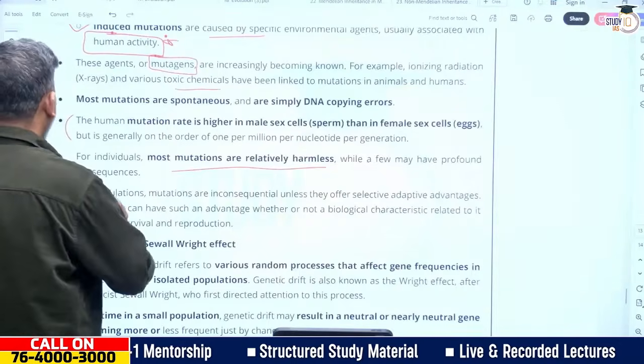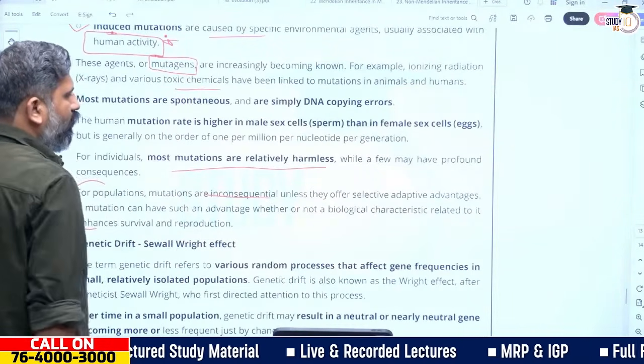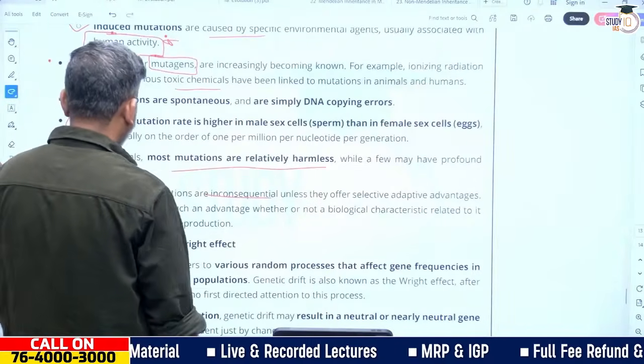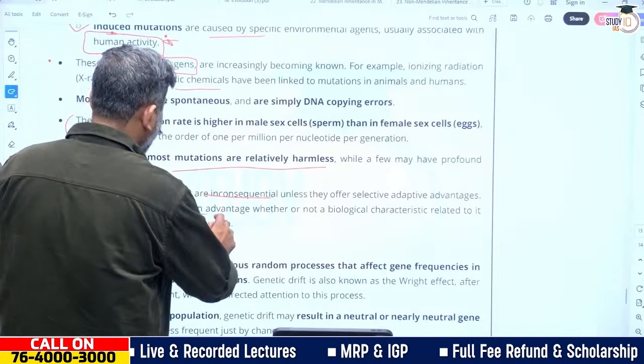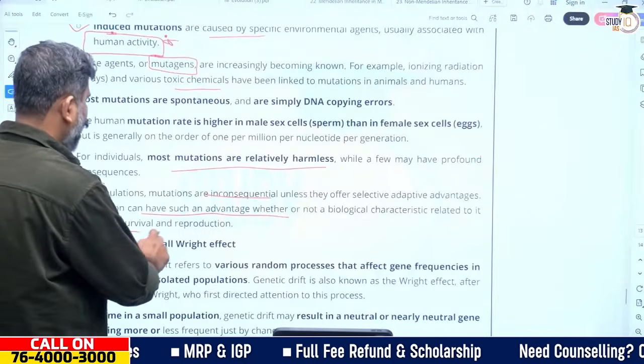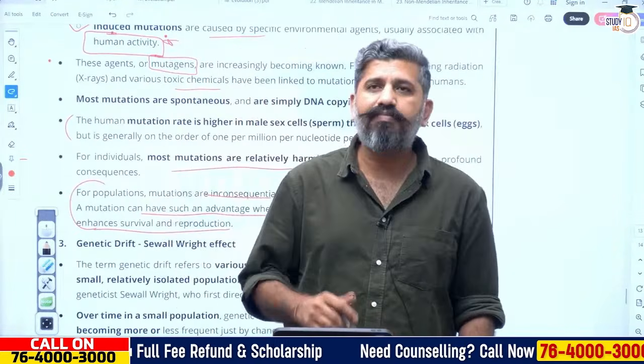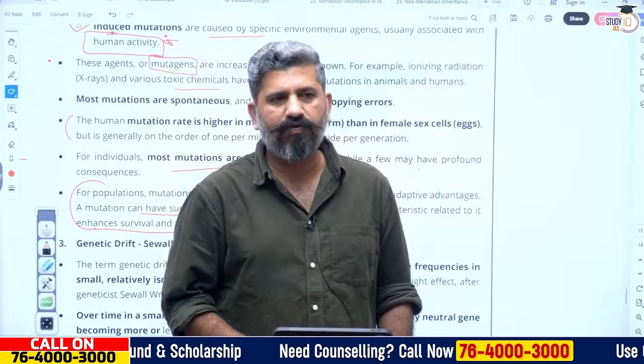Right? For populations, mutations are inconsequential unless they offer what? Selective adaptation advantages. A mutation can have such an advantage whether or not a biological characteristic related to it enhances survival or reproduction. Our focus is on what? For an individual, it can be a problematic thing. But for a population,